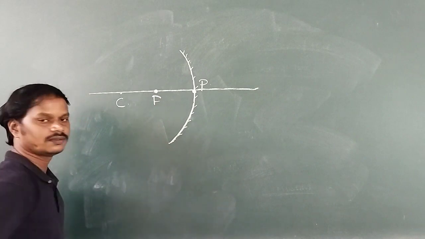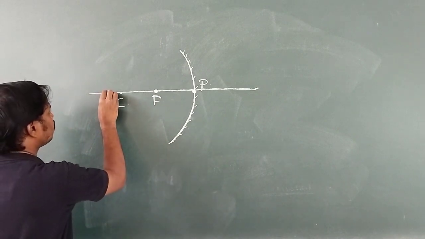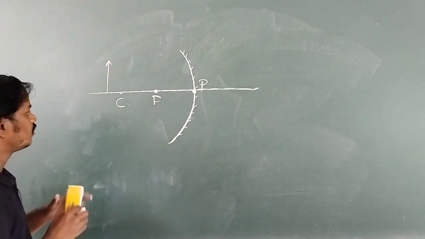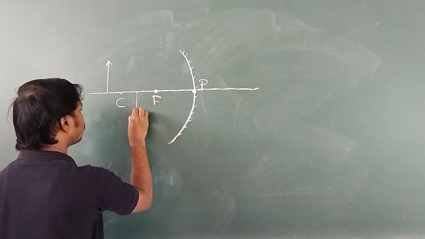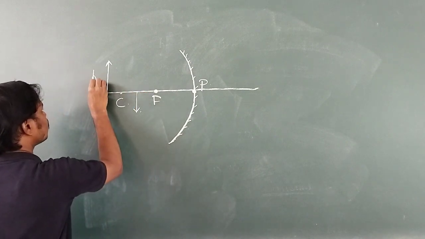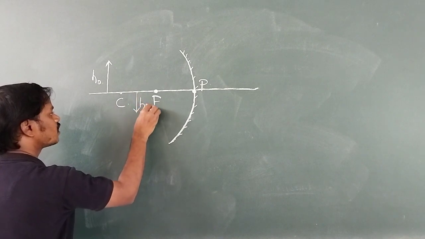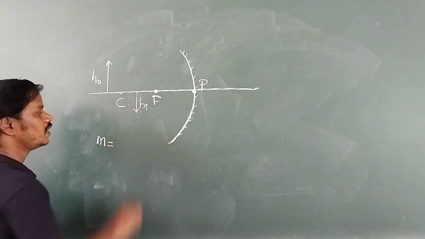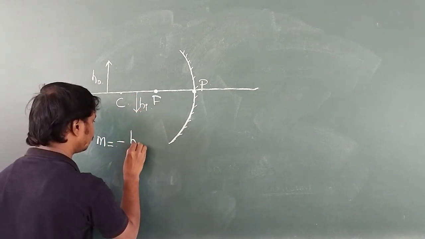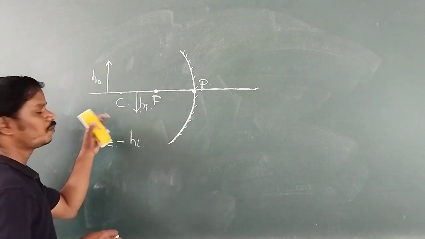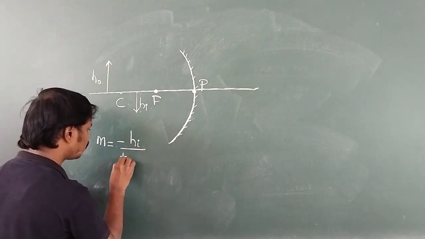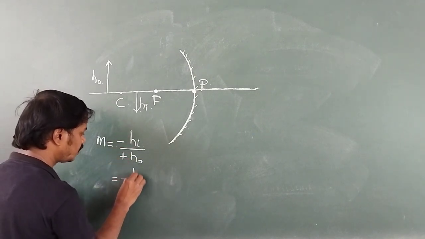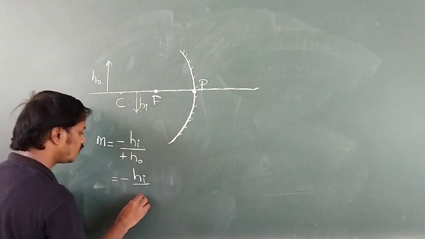This is focus. Okay. So now, if the object lies beyond C, where will its image be formed? Its image will be formed in between C and F. This is the height of the object, and this is the height of the image. By the magnification formula, the height of the image is downward, that is why it is minus hi, and the height of the object is upward, so it can be taken as positive. Hence, minus by plus is minus. The negative sign indicates that the nature of the image is real and inverted.